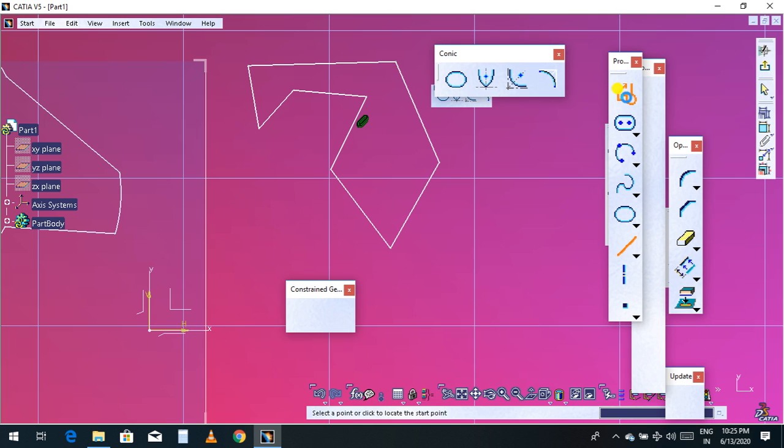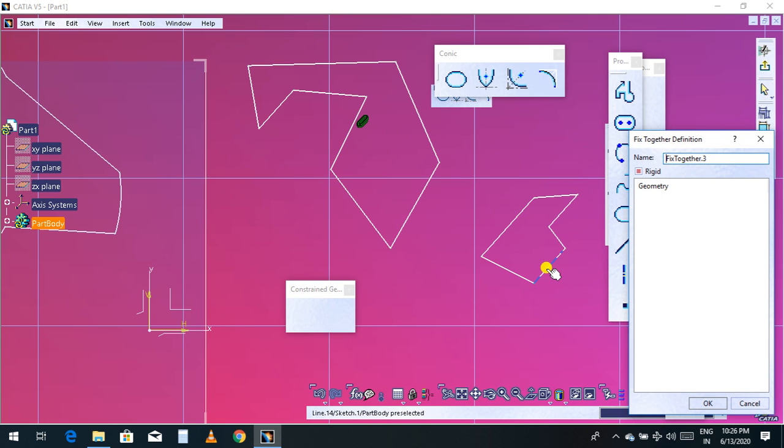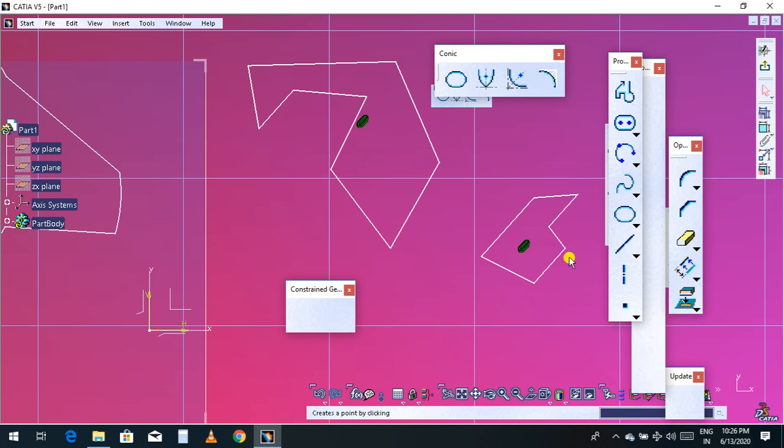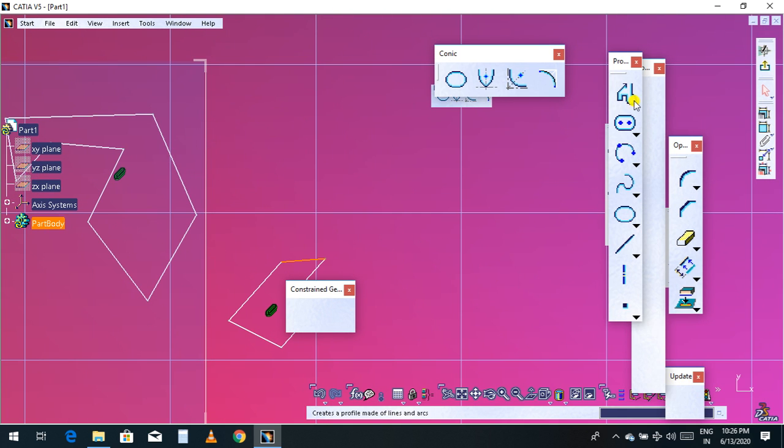For example, I'll choose one profile line, escape, and draw something like this and join this point. Now I choose Fix Together. I choose this line, this line, this line, this line, this line, but I am leaving one line. Click OK. Now you see all the parts are moving. Now one more example.